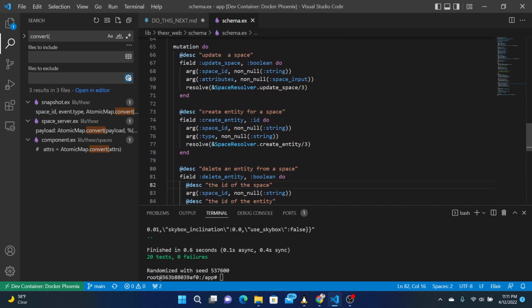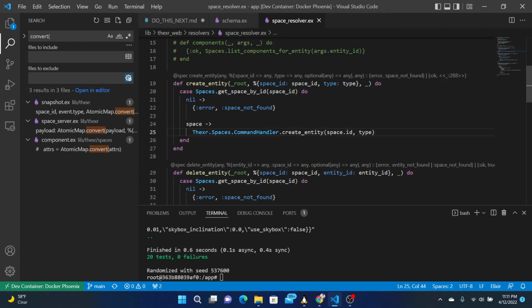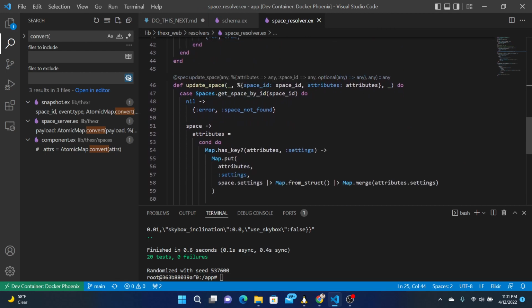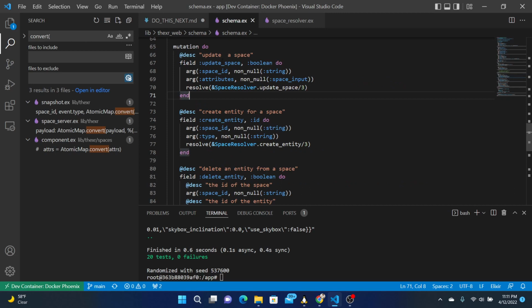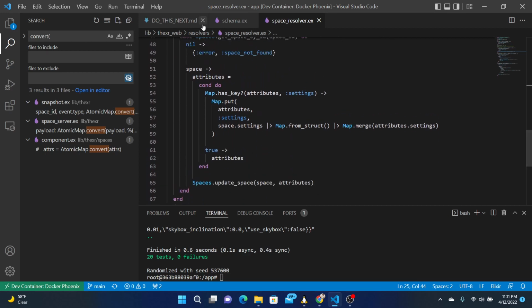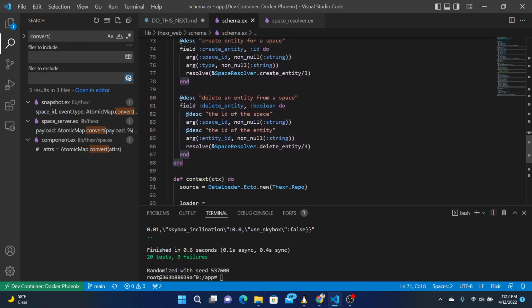Oh, that comes to my attention. I'm not sure if we tested this thing. Update space. Let's look at the resolvers. Takes a space ID and attributes, I think also updates, get space by ID. It looks like it would do the right thing. Anyway, we'll create a new mutation, this one called